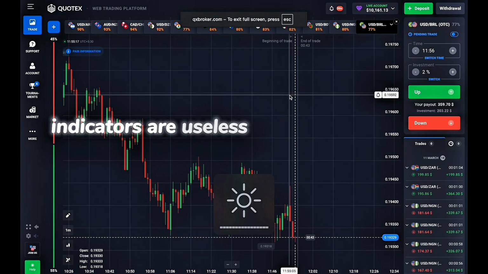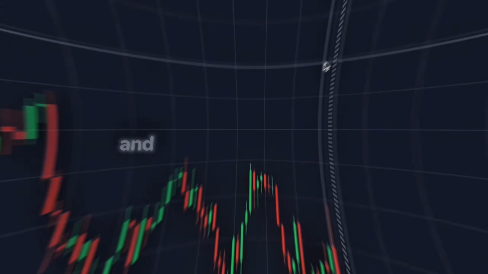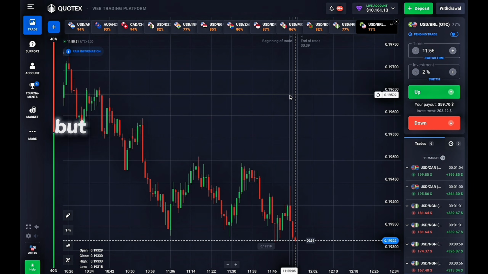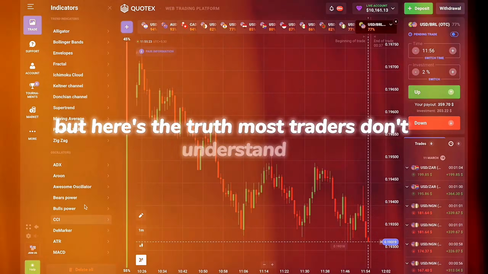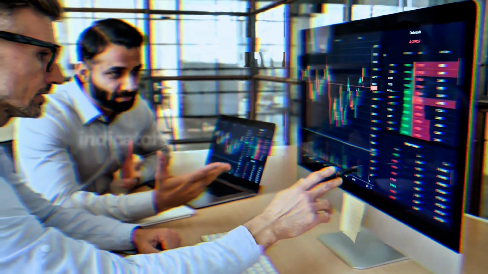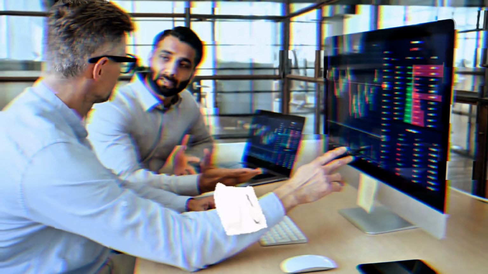Indicators are useless, they lag and they make you lose money. And yes, indicators do lag. But here's the truth most traders don't understand. If you know how to read them properly, indicators can be one of the most powerful tools to make consistent